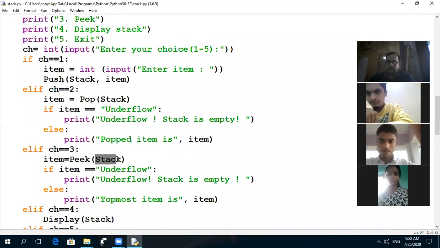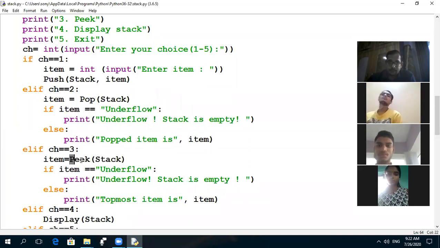Only stack values. So suppose that in the stack there are two elements, 10 and 20. They are present. ये मत सोचना हमने पॉप कर दिया एलिमेंट गायब हो गए तो हम ऑपरेशन नहीं कर पाएंगे. Clear? So suppose that in the stack there are two elements present. One is 10 and second one is 20. Means 20 is inserted at the last. So this time the top value of the stack is 20.